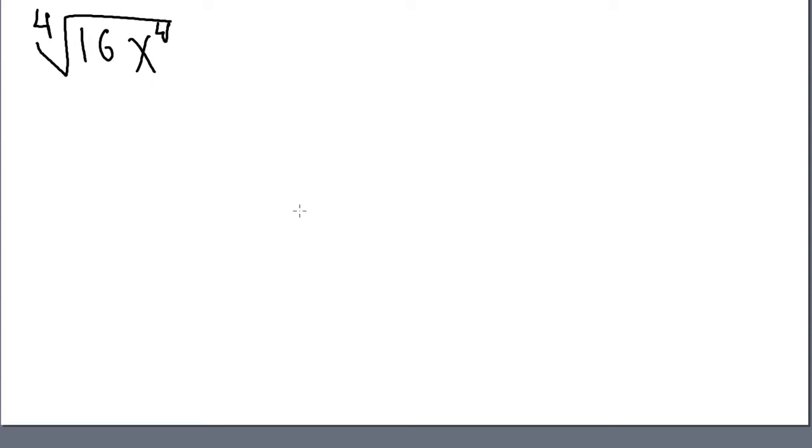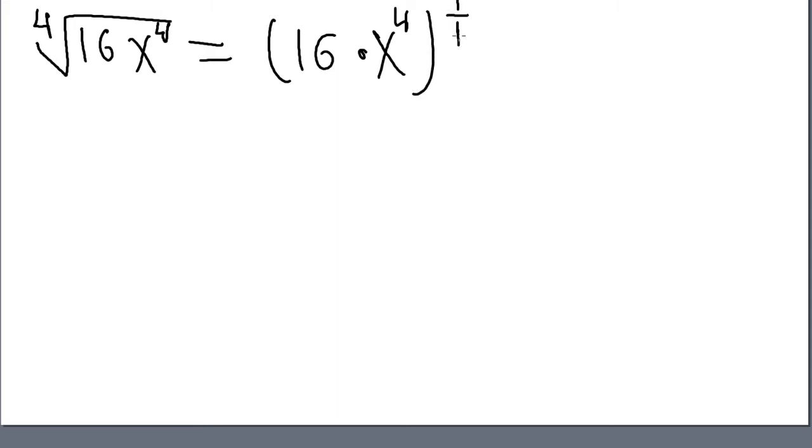Now similarly to how the square root is something being raised to the 1/2 power, anything under the fourth root is the same thing as being raised to the 1/4 power. So this is just 16 times x to the 4 being raised to the 1/4 power. And again, we can distribute that to our two terms on the inside, our 16 and our x